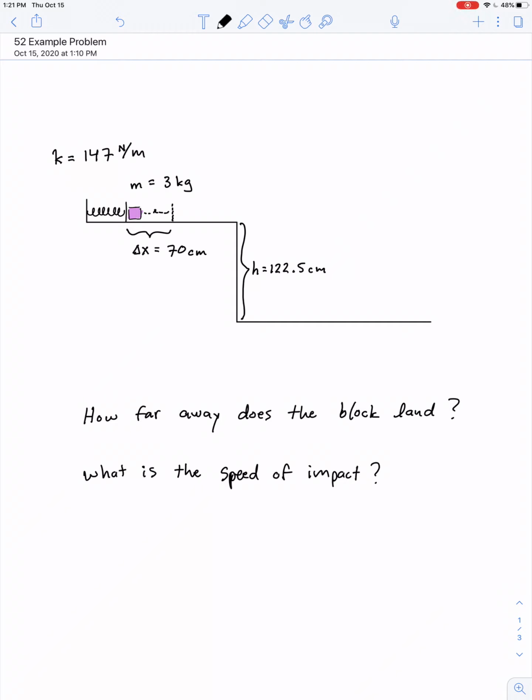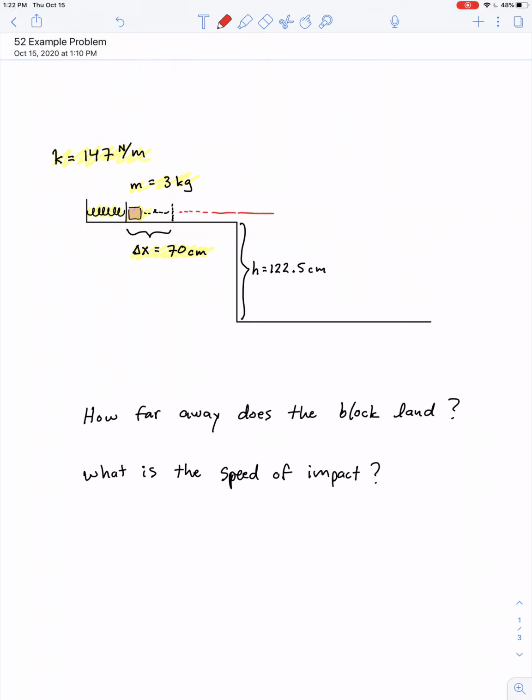Here's another example problem that we can apply the law of conservation of energy. So a block with a mass of 3 kilograms rests against a compressed spring. The spring has a stiffness of 147 newtons per meter, and the spring has been compressed 70 centimeters from its natural length. So when released,